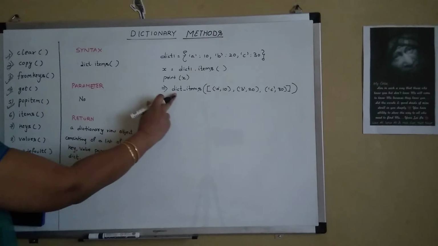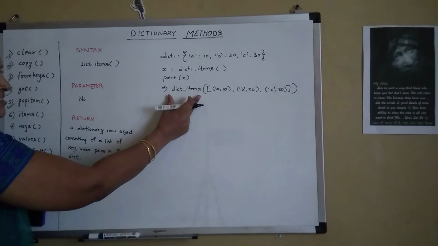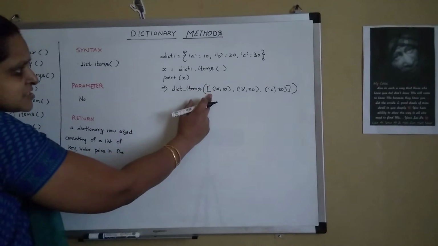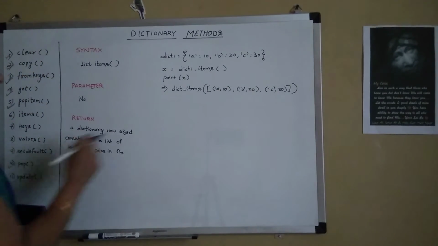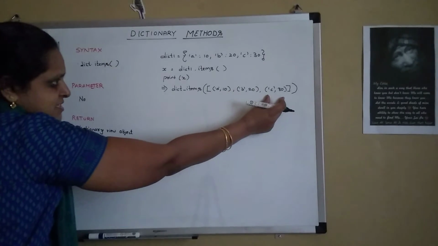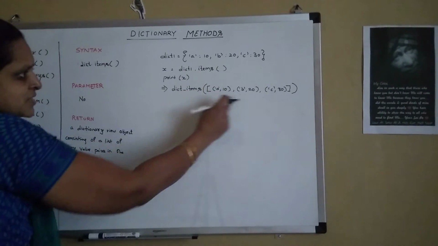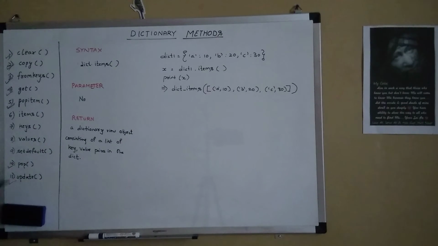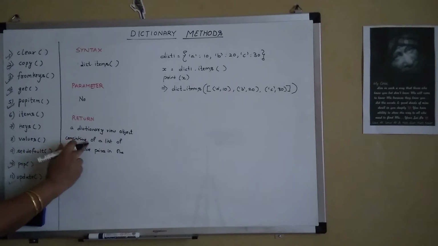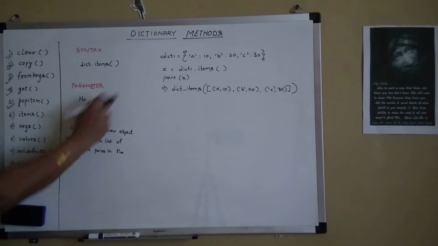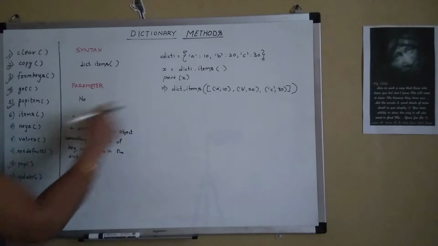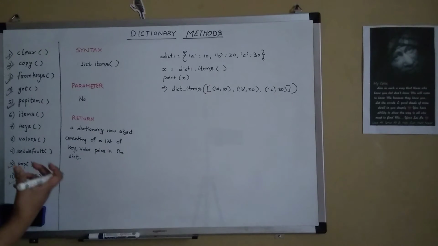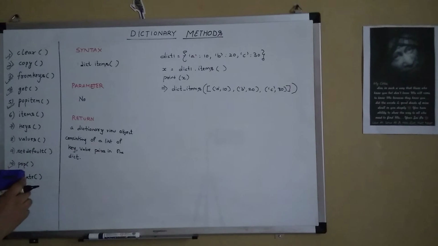So it gives out in this particular manner the dictionary items, that is the dictionary view object comprising a list of key and value pairs. The key value pairs will be in individual tuples, and these individual tuples are enclosed within a list. So this is how the items built-in method works in Python. Basically it will give the key and value pair of the items present in the dictionary.